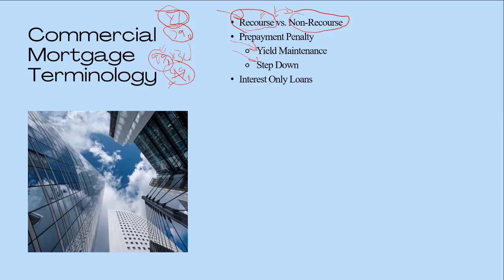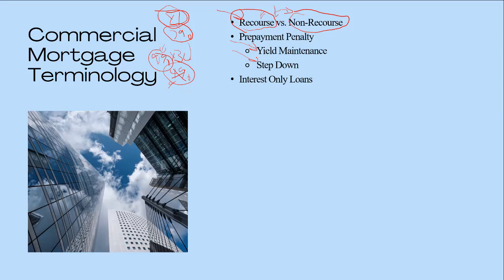Okay, interest only loans. These are loans where you are only paying interest on a regular basis. Typically, when you get a mortgage as a regular individual buying a house, a 30-year mortgage, those are fully amortized, meaning that of the monthly payment you're making on your mortgage, some of it is interest and some of it is principal, meaning it's going towards the actual loan balance. So at the end of 30 years, you will have basically zero owed to the bank, because over those 30 years, you are not only paying the interest, you are also paying down the loan a little bit each payment.